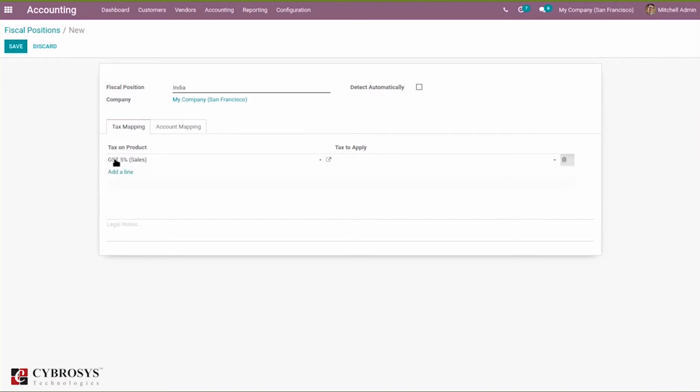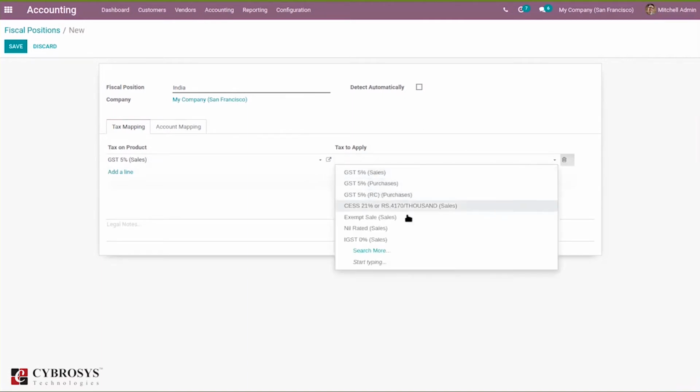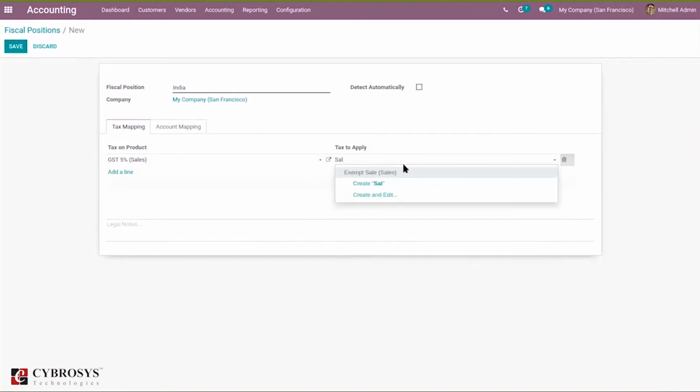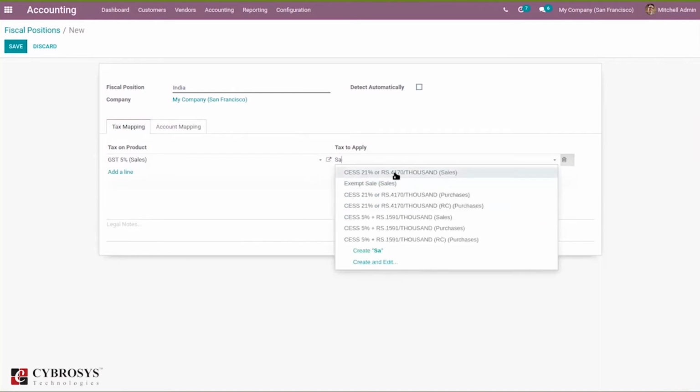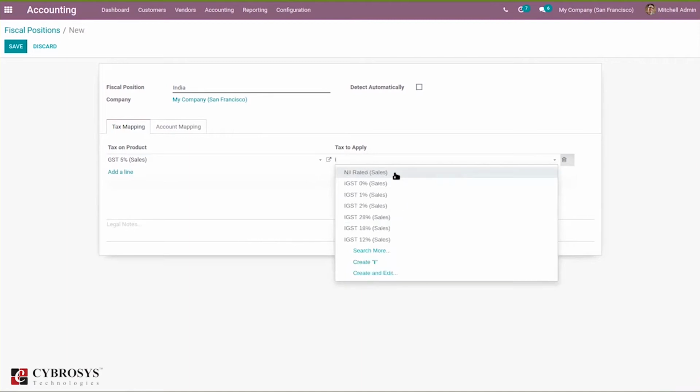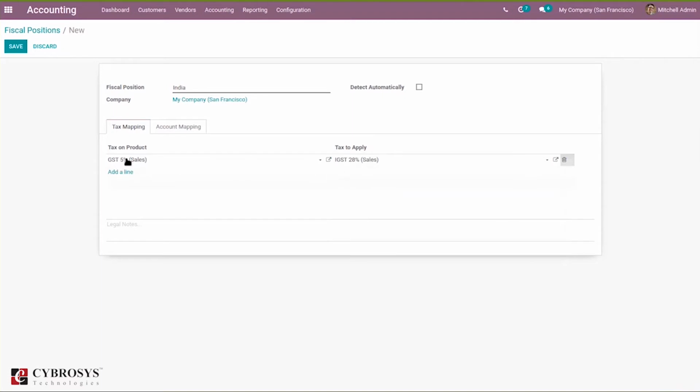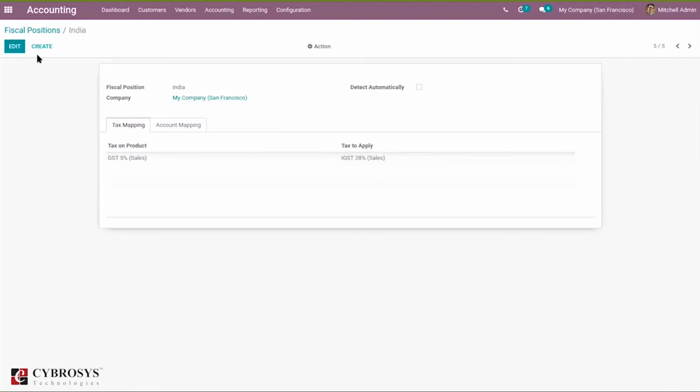So if you give customer tax as GST 5%, then it can be mapped to another tax. Okay, I have mapped GST 5% to IGST 20%. So let's see what happens when you set this.